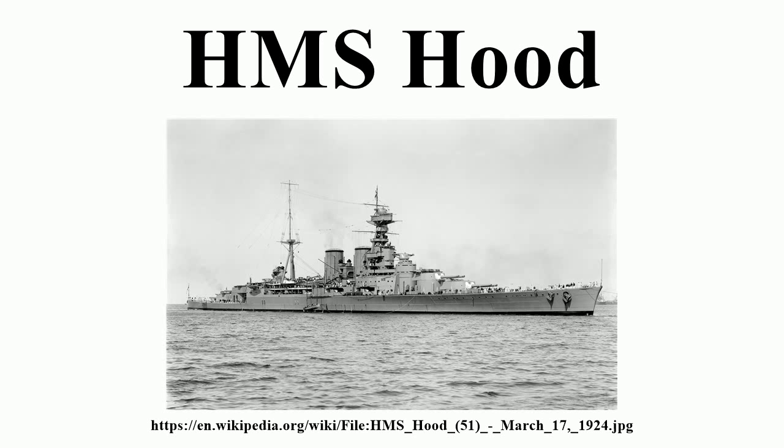She displaced 42,670 long tons at load and 46,680 long tons at deep load, over 13,000 long tons more than the older ships. The ship had a complete double bottom. Hood had a metacentric height of 4.2 feet at deep load, which minimized her roll and made her a steady